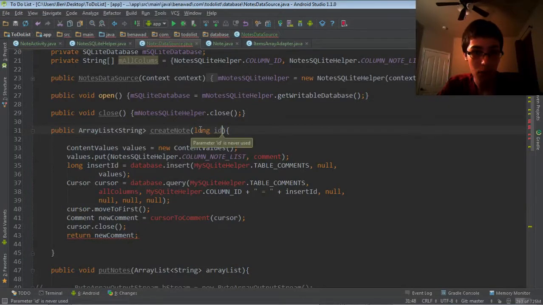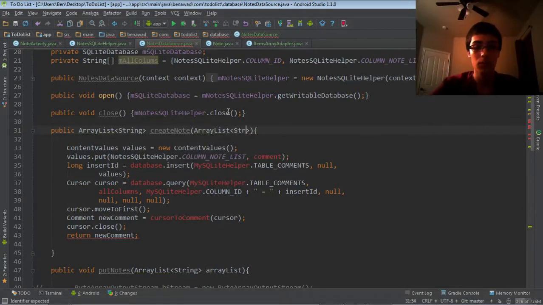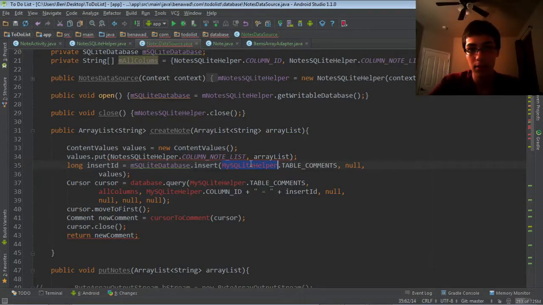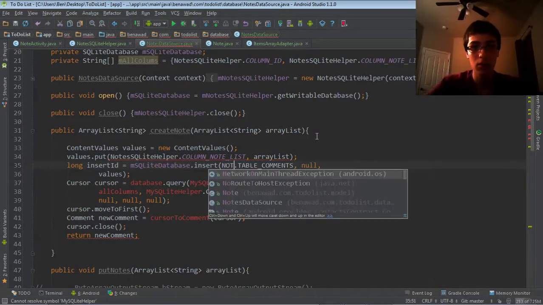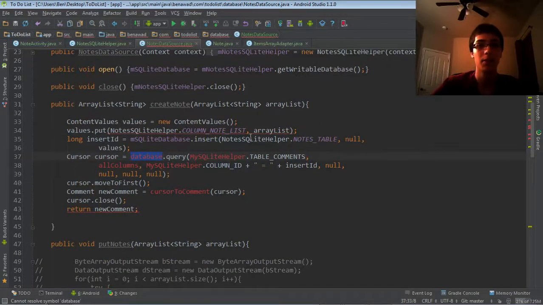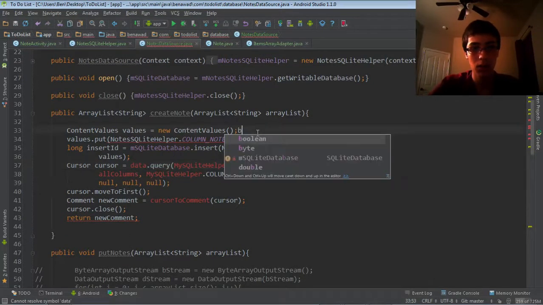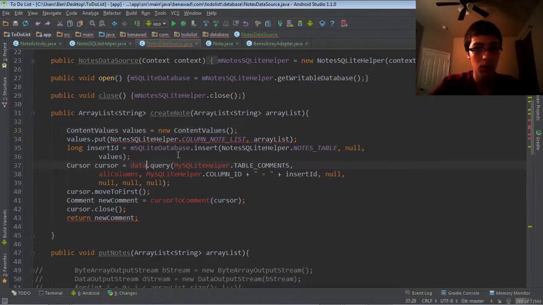So we're going to change this to an array list. Array list strings called array list, and that's what we're going to pass here. Array list. We're going to pass in our database, then notes helper, and then our table. Null, and then we're going to pass value, and then right here we're just going to pass in our database. Oops. Database